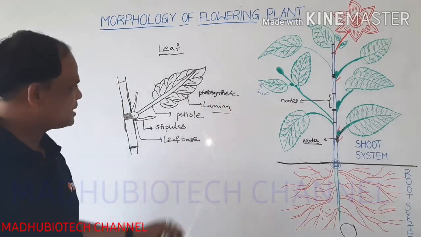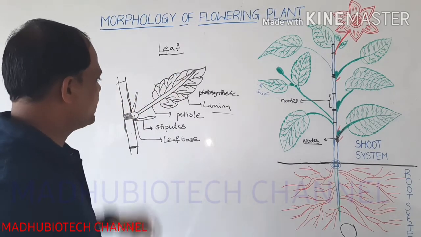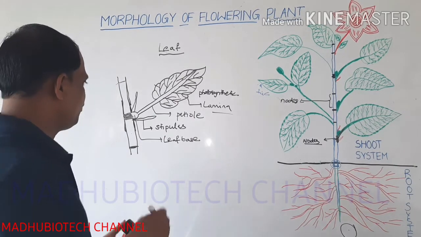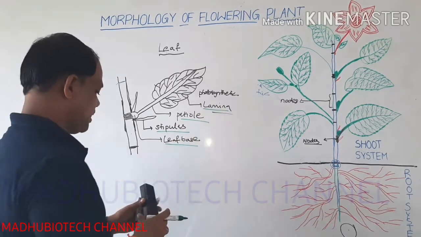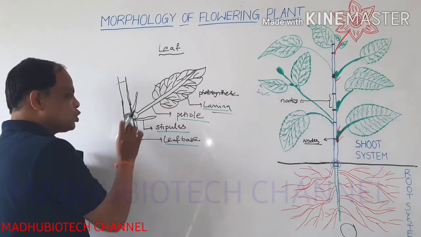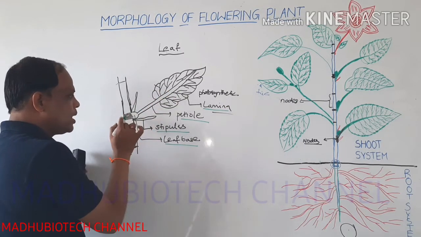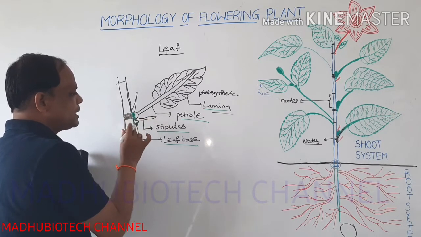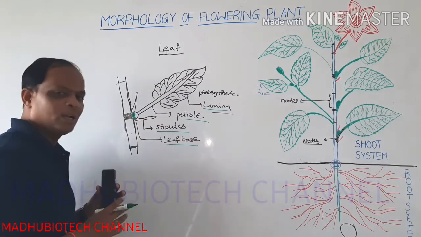Okay, the green-colored, flattened structure is also called the leaf. The leaf mainly contains 4 parts: leaf base, stipules, petiole and lamina. And the place where the leaf is attached to the nodes, this attachment place, is also called the leaf base.